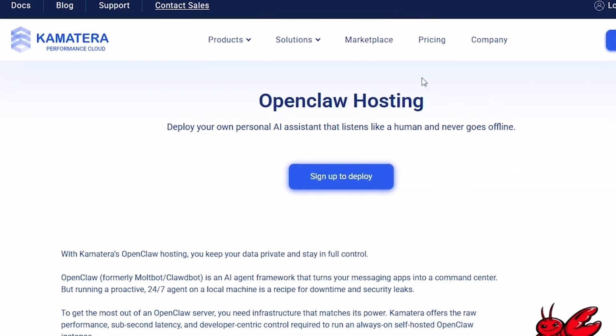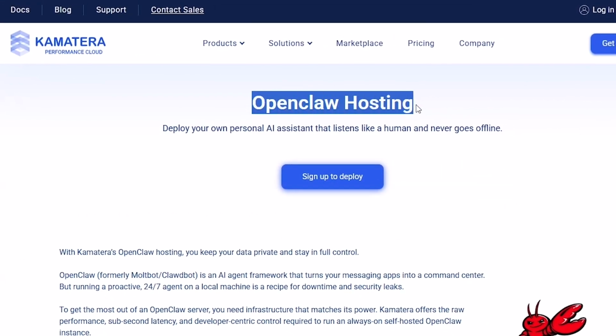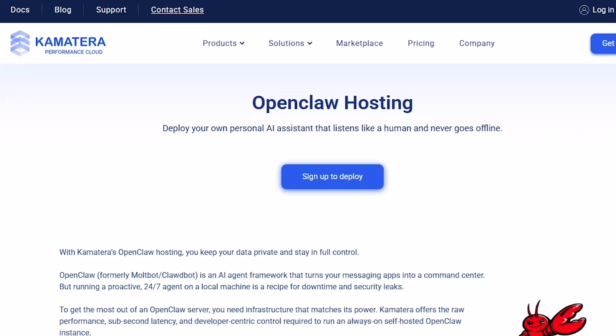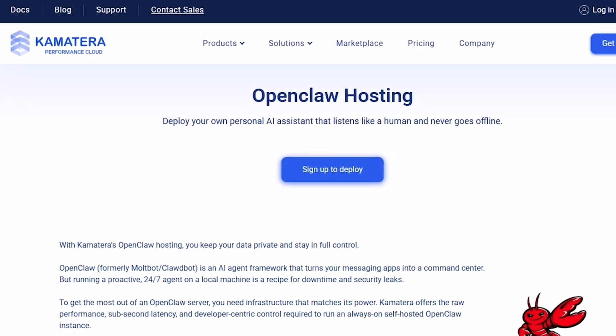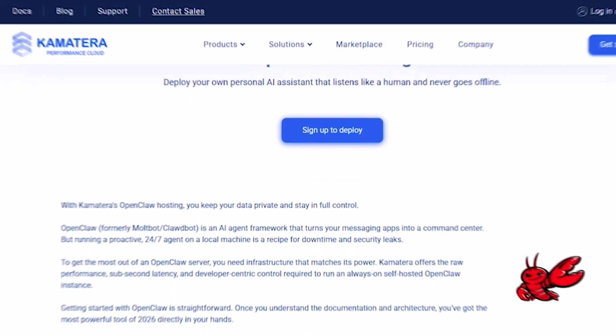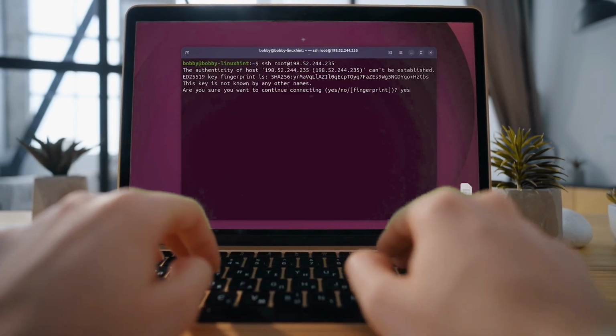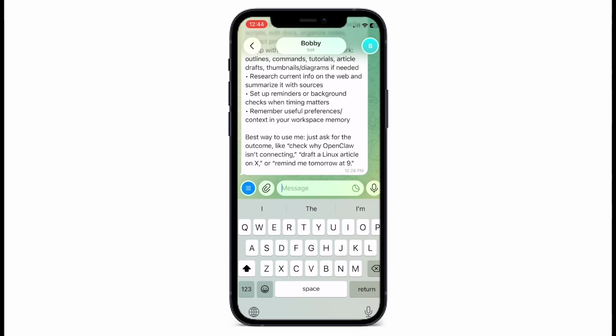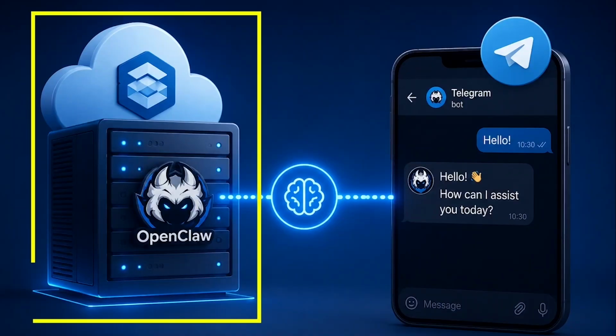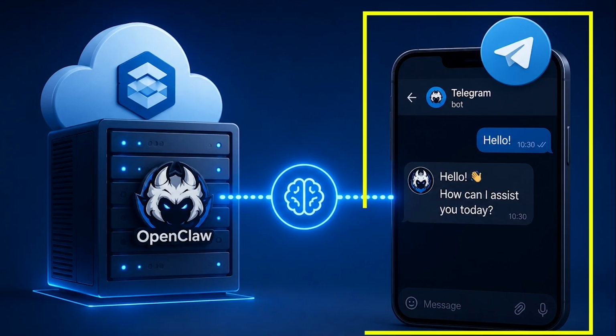The interesting part is that Kamatera already provides an openclaw marketplace image, so I do not need to build the whole server from scratch, which is a good thing. And I can launch the server, SSH into it, finish the setup, then connect to Telegram, and I can test the agent live, that I'll do in this video. By the end of this video, we should have a cloud-hosted AI agent running on a VPS and responding through